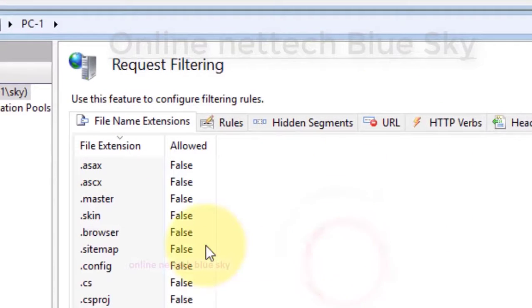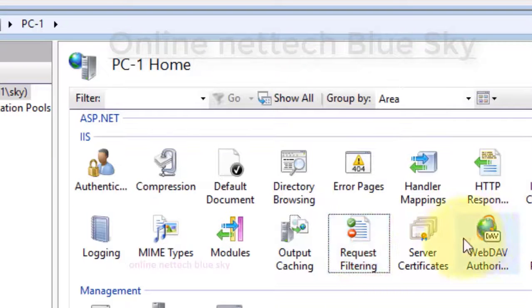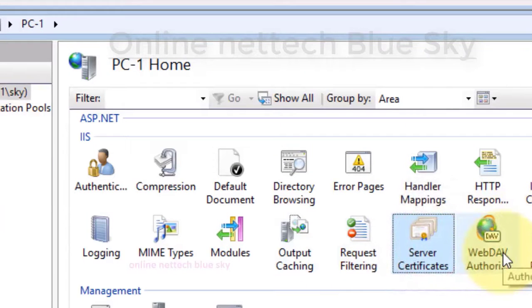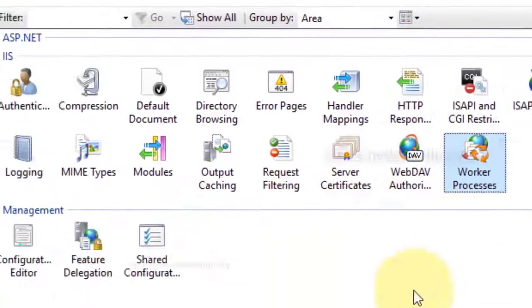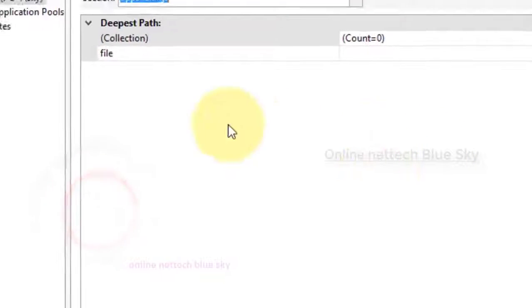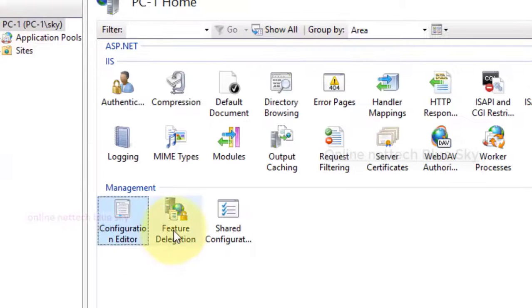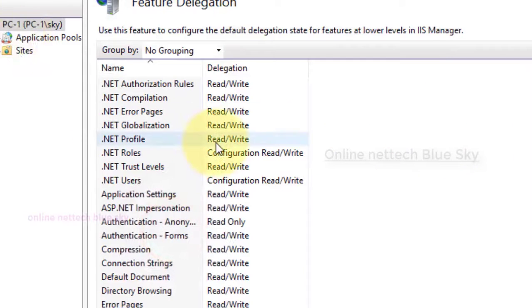Okay, so this is request filtering. Request filtering is one type of feature used to create configuration filtering rules here. Then server certificates, different types of server certificates. What server certificates are, I will discuss in some time. So you can see configuration editor and feature delegation.